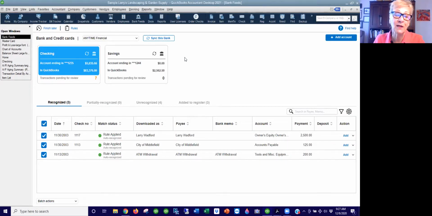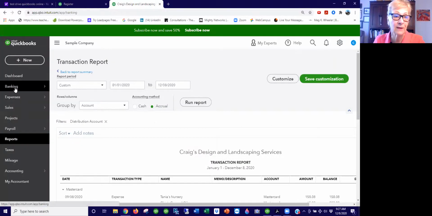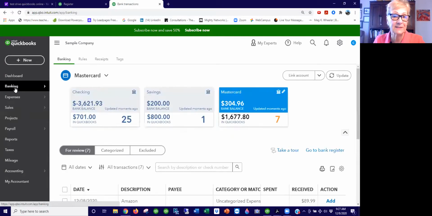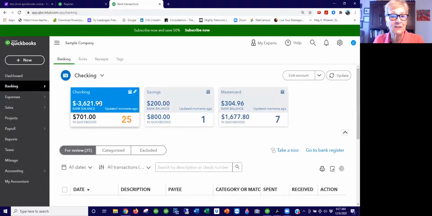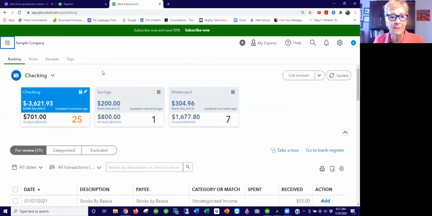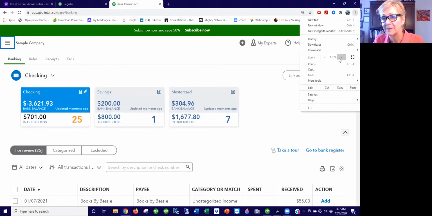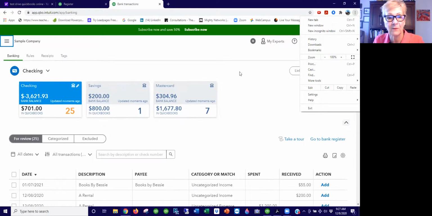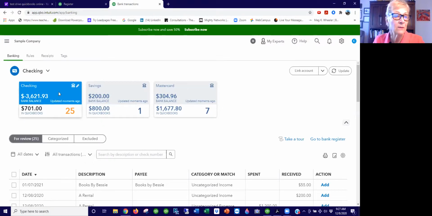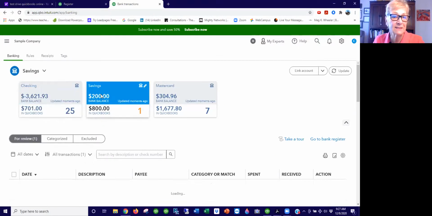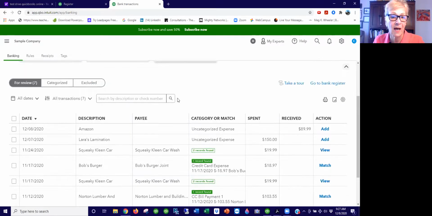It's a great tool in both of the companies. Let me go back over here real quick before we hibernate this little software. As you can see, I'll make my screen a little bit wider, and I might make this browser a tad bit smaller right now. There we go. So when I've hooked up my checking account, my savings account, my MasterCard account, the integration comes